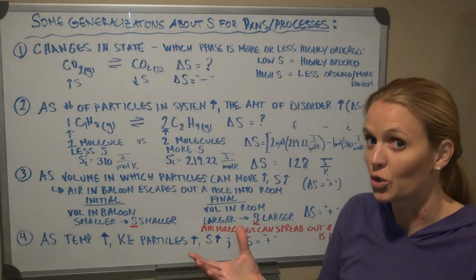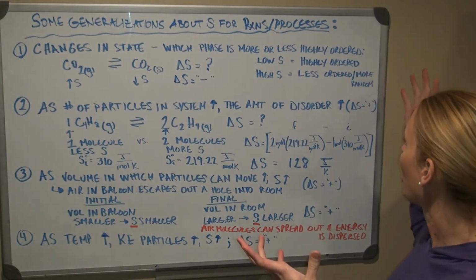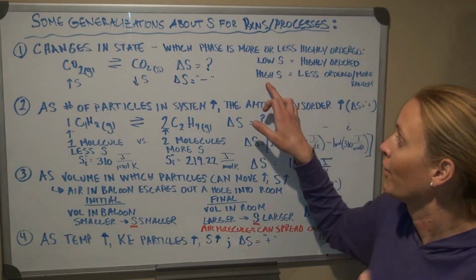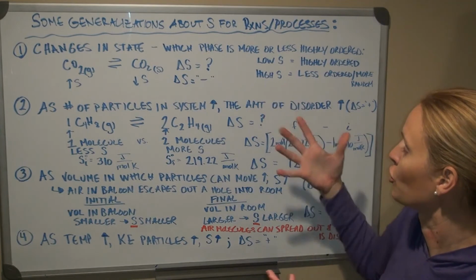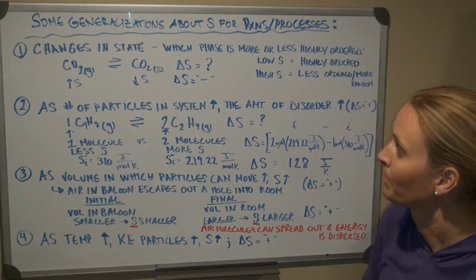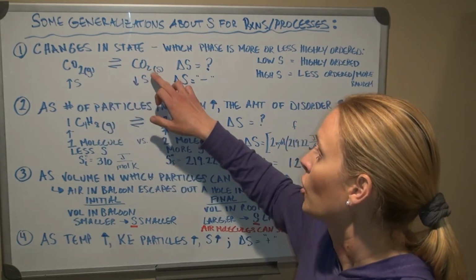We have lots of disorder and lots of chaos and dispersion. Then it's going to have a lot of entropy, and so it's going to have a high entropy value that we would assume we would find in an appendix table. Okay, so if we take a look at this, it is just carbon dioxide gas goes to carbon dioxide